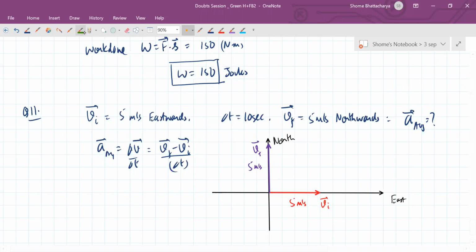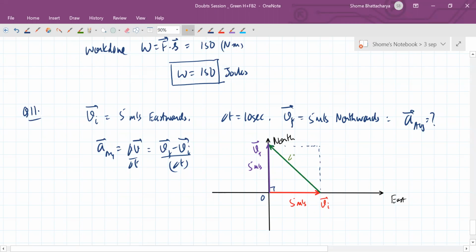So your change in velocity in this diagram, that is the important thing. What will be your change in velocity? It is final minus initial. So I've drawn both initial and final from common points. So how will we find final minus initial? By this side, head to head. Just using a sort of parallelogram law kind of thing. But here, that parallelogram is a right angle, a square type of parallelogram. So this is the parallelogram which is now a square formed by the two vectors. So in this diagram, this is our delta V.